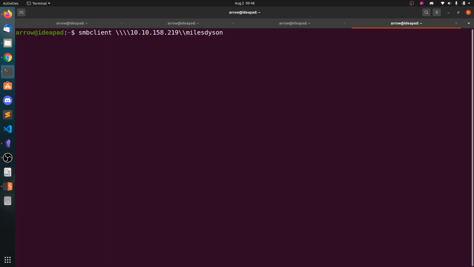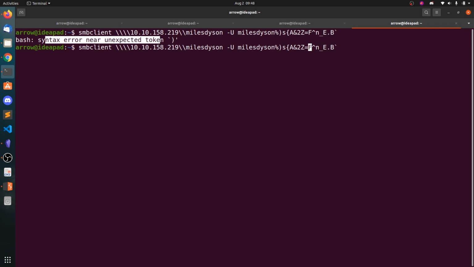If you have the credentials, you can connect using the username Miles Dyson %password. Okay, now paste the password and hit enter, and you can see there is a syntax error near unexpected closed bracket. Now what you can do is put the backward slash to escape the special character.